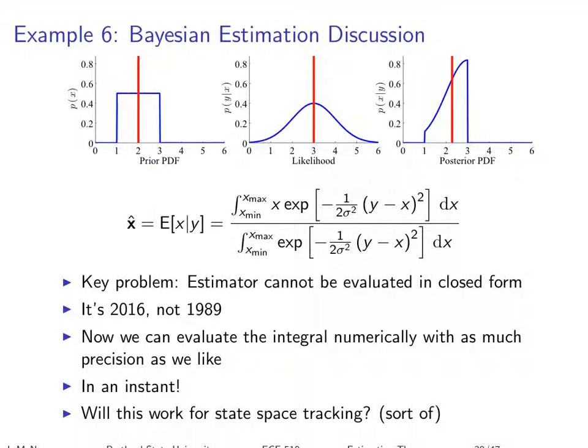This is something that can come up in Bayesian estimation, where you're like, well, now what? There's not a closed form solution for either of those integrals, so what do you do now? The good thing is, I had to update the slide, but it's 2016, not 1989, and it's really easy to do a numerical integration. That was how I arrived at this red line and this red line. This one, of course, I knew what it was. But for this one, I didn't really know what the mean was, but it's really easy and fast to compute now. At least in this example.